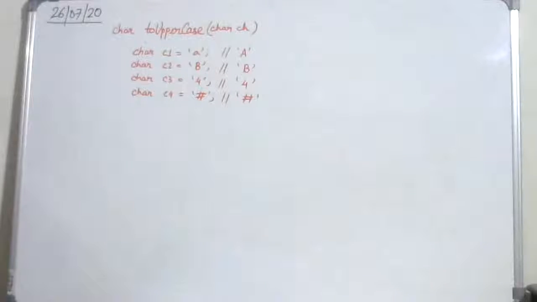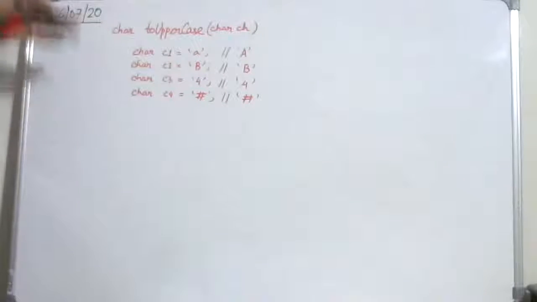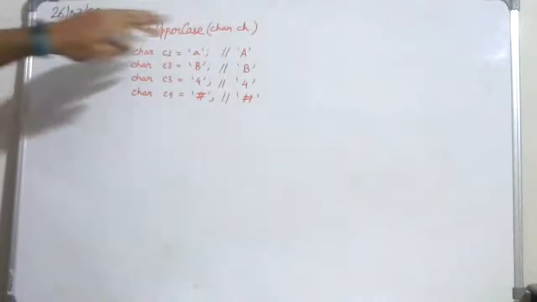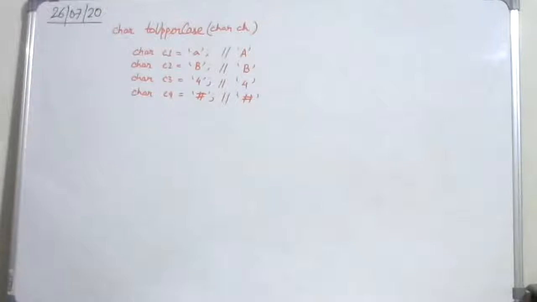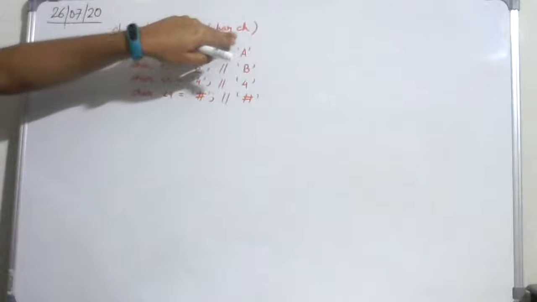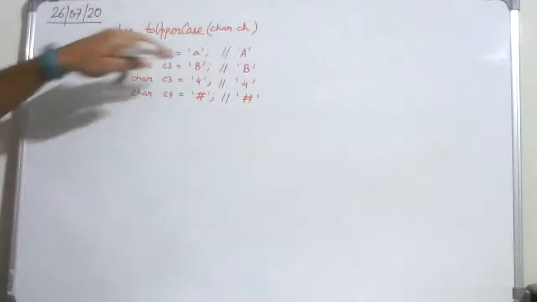Okay. So looking at the return type, you cannot determine because there are Boolean as well as character return types. So the easiest way to remember is if you see that the argument passed to the function is a character, then it belongs to the character class of the java.lang package. And if you see that the argument passed to the function is a string, rather in case of string functions, you will not see any argument because string functions directly work with the object itself. So we'll take a look at that later on.